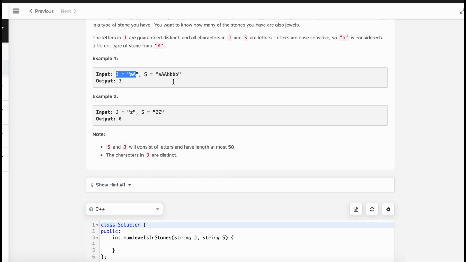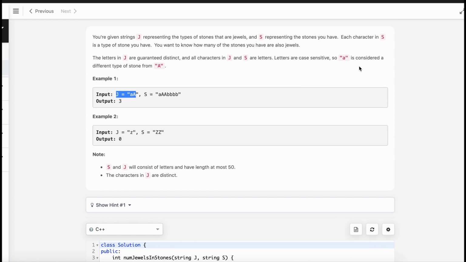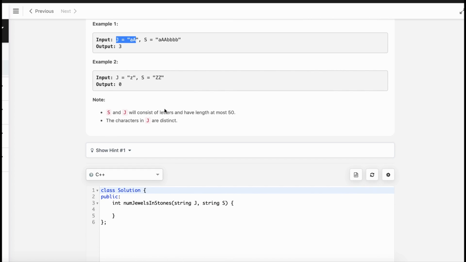In this way we can reduce our time complexity to big O of n, and space complexity will increase to big O of n. Space complexity can also be bounded by the number of characters, which is 52. Anyway, let's start coding.